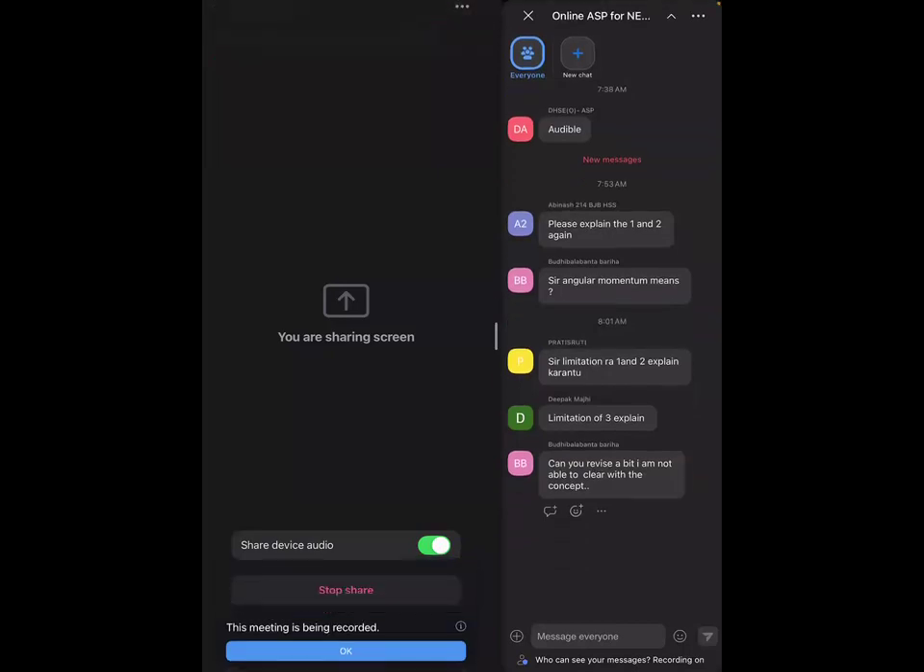Limitation 3, okay, we discussed. Deepak Maji, is it clear? I think the last student, Barihar, I think it is clear. I have explained it again. Okay, now